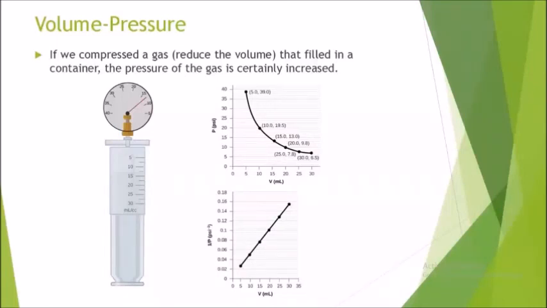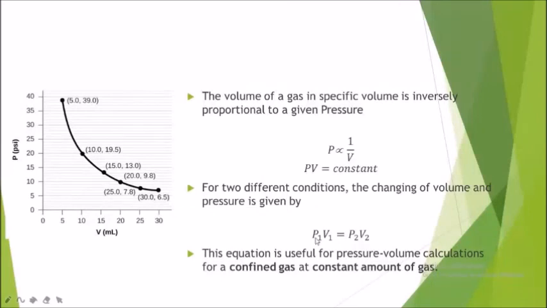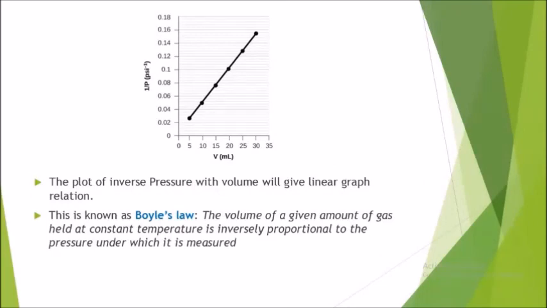So kalau kita buat graph dia apa tu? Kalau pressure over V dia akan dapat macam ni. Tapi kalau you buat 1 over pressure versus V, dia akan dapat yang directly proportional. Maksudnya P adalah berkadar songsang dengan V, ataupun P adalah berkadar terus dengan 1/V. So PV equal to constant. So kalau kita ada two different condition of volume and pressure, so P1 V1 equal to P2 V2. Okay, ini untuk condition yang when we have temperature is constant. So this is at the confined gas. Ini kita panggil Boyle's